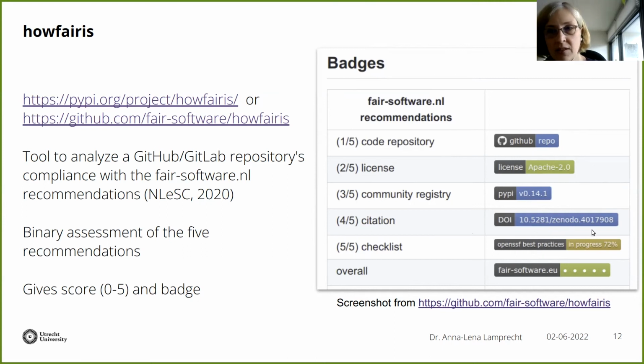Now you can see even here, although this has not been fulfilled by 100%, it still counts as having been used. There might be reasons for not hitting 100% here, but at least developers show that they have been paying attention to this checklist. What How Fair Is then does as well, it just counts up these individual points and sums them up so that you can get a How Fair Is badge, with a maximum of 5 points here, and then you can showcase this on your GitHub repository, showing that you comply with these 5 recommendations. So this is the How Fair Is tool.